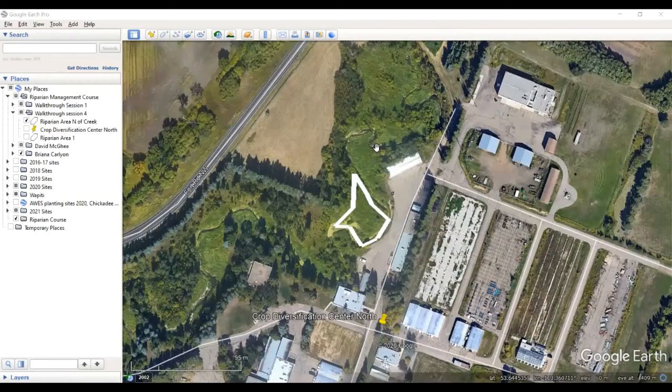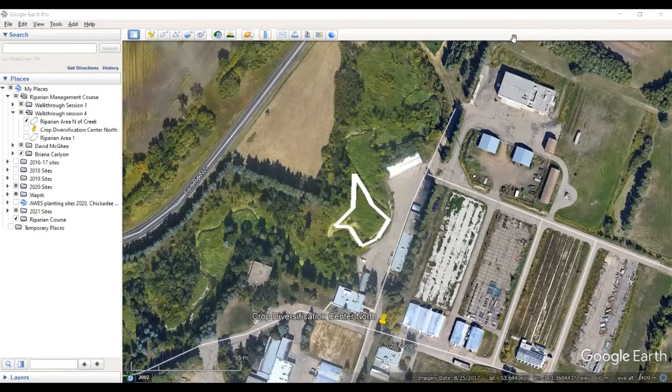So what I was saying is I'm going to be going through a bit of a continuation of what I completed in session 1. I'm going to go a little bit more into some of the detailed work that you can do when you're creating your planting design, and some of the additional tools that are available